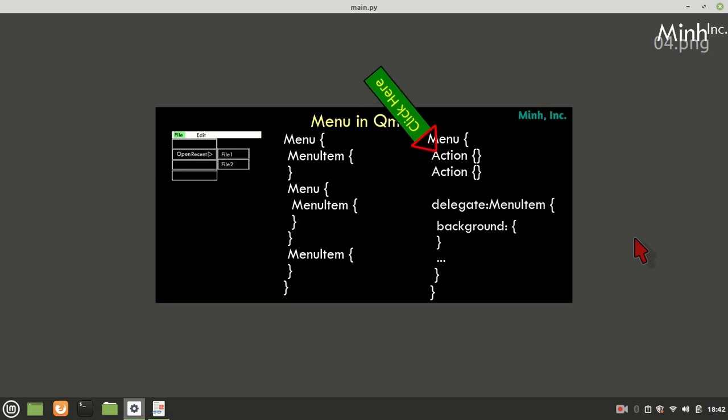A menu can contain actions corresponding to menu items, and it can be customized through a delegate. So delegate MenuItem, and then each menu item can be customized. Since a menu item is a control, its background and so on can be customized, and so a menu can be customized in this fashion.